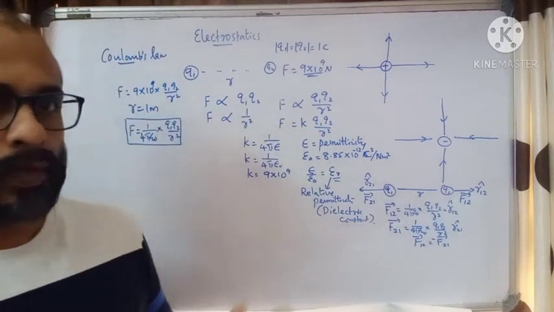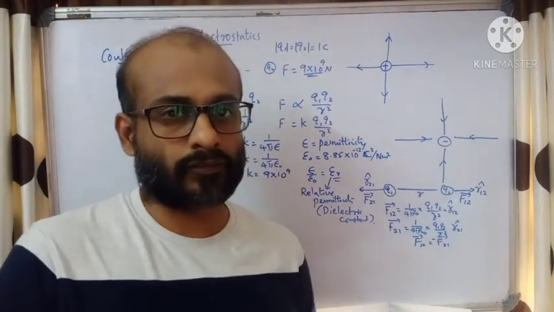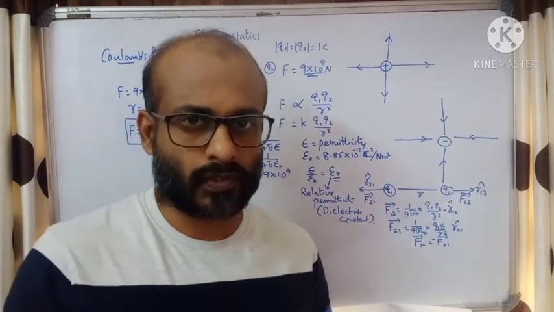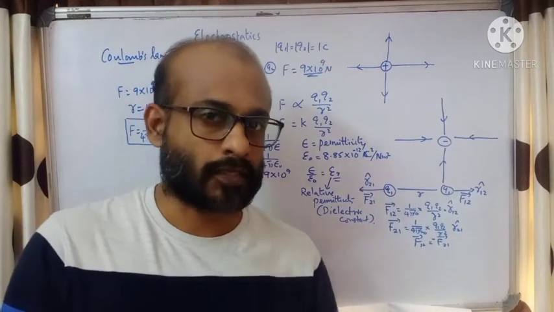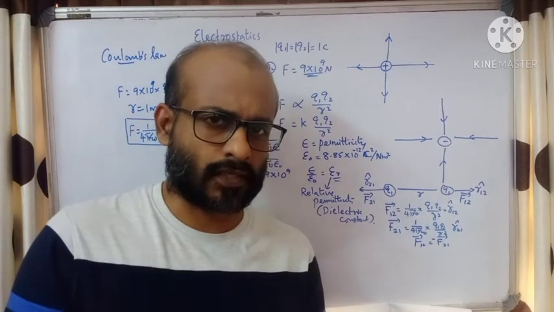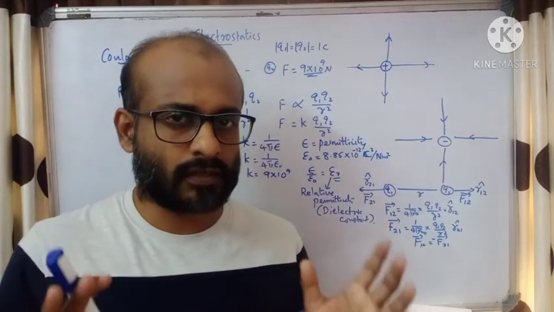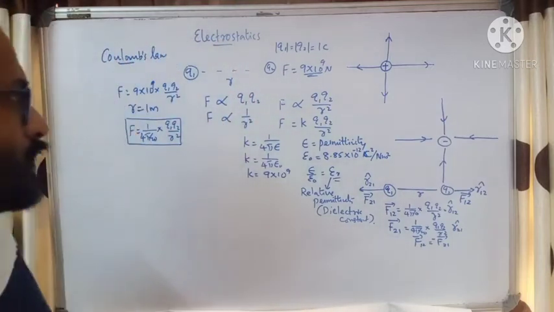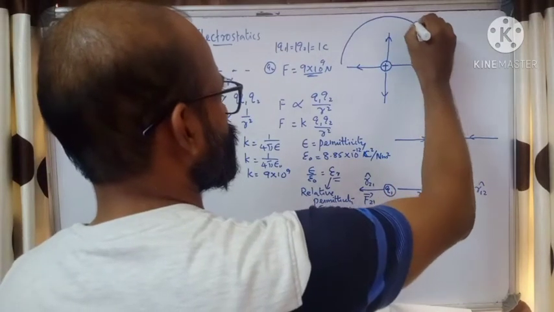Okay. Now we have one more topic we need to complete today, that is electric field and intensity of electric field. See, surrounding every charge, whether it is positive or negative, there will be a region. Within that region, another charge can experience a force. Another charge means we keep another charge within this region. If the charge is kept outside the region, there will not be any force. So that region surrounding every charge is called an electric field. Okay, now let us consider a charge.